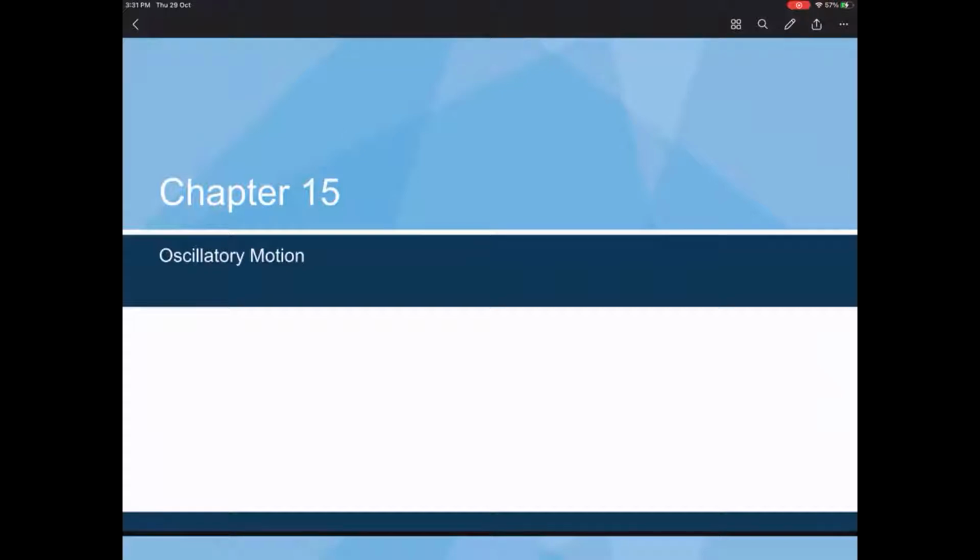Last week, we have already started on the second topic in the lecture notes set number 3. And it is a continuation of chapter 16, which is related to the wave motion. The idea of chapter 15 is the oscillatory motion. And in particular, we will be looking at the simplest form of the particle oscillation, and that is the simple